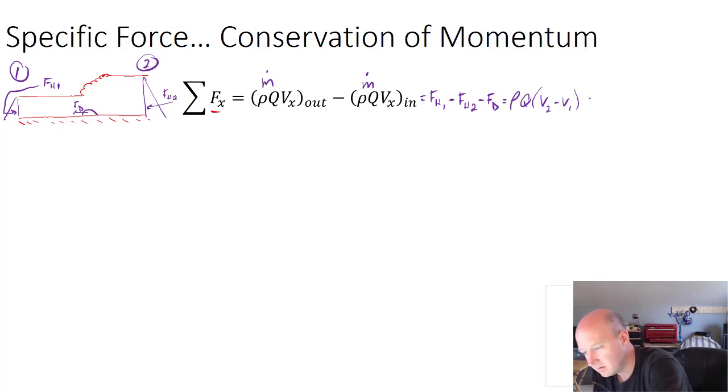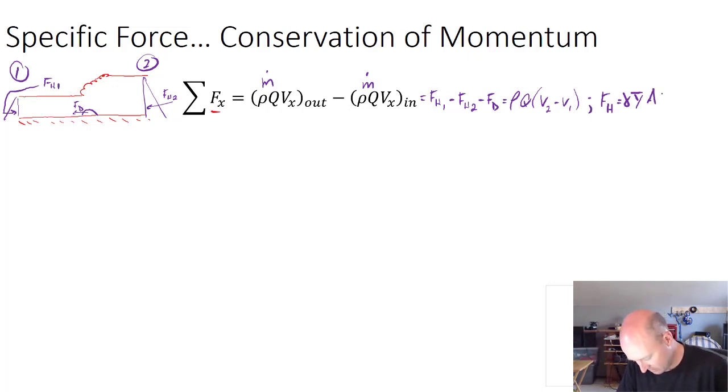If we look at hydrostatic pressure, that's just the pressure times the area. And so the pressure is the unit weight of the water times the centroid of that area. So what we can then say is